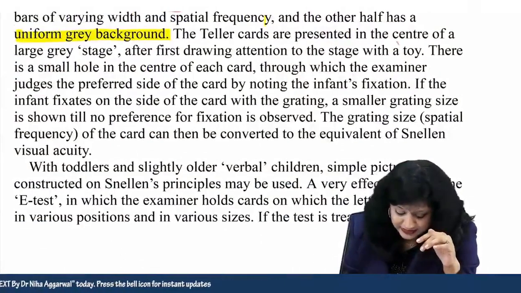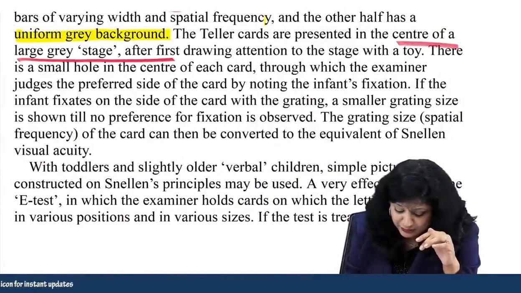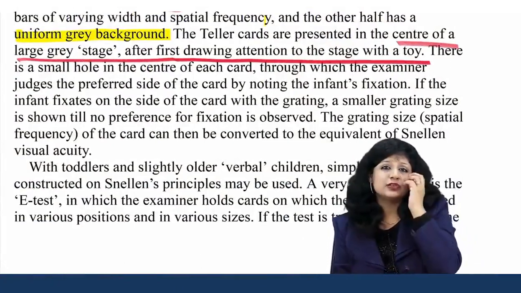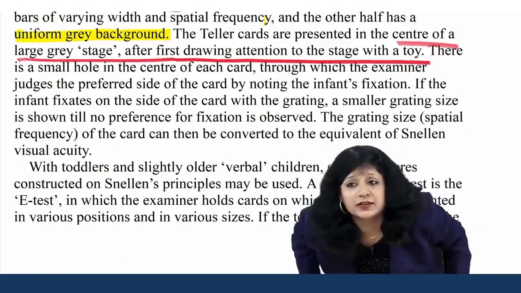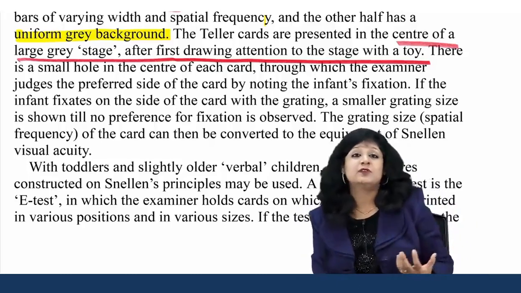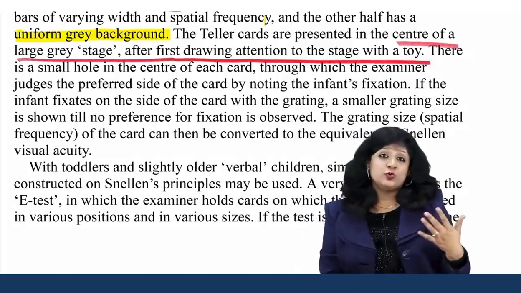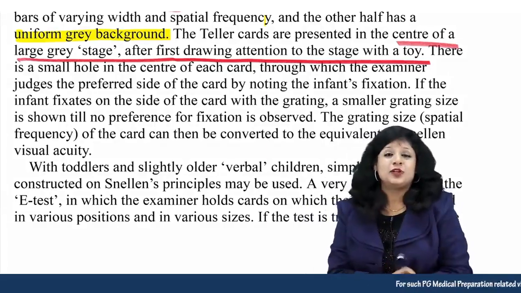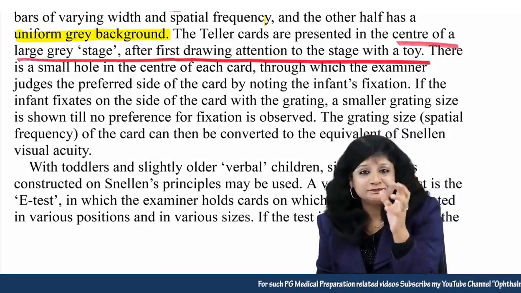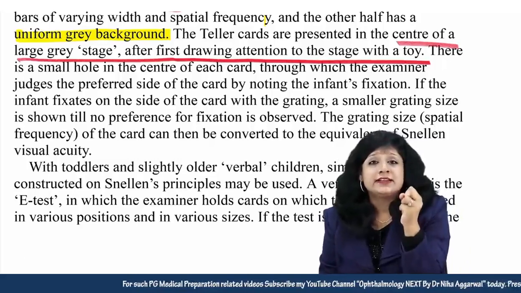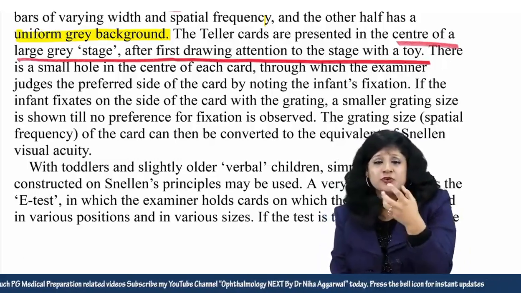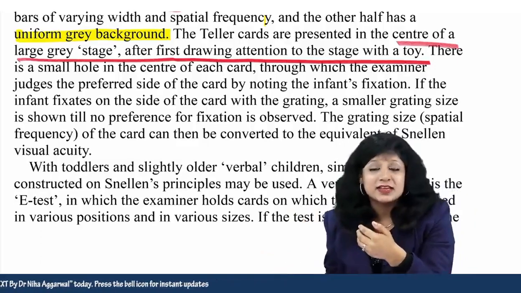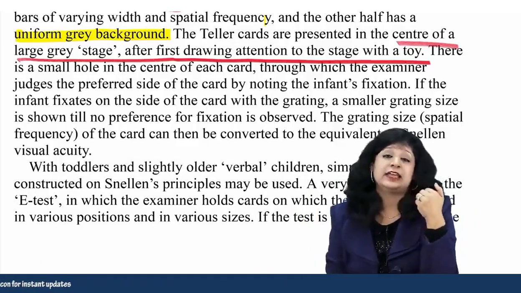They are presented in the center of a large gray stage after first drawing the attention towards the stage with a toy. So obviously you have to use a lot of gimmicks, like a child, that too of the pre-verbal age, will not do everything that you want him to do. So you have to make him do all those things. You have to first of all take the attention of the child with the help of a toy or something, and on the other side of the screen you are sitting, and you have to observe very, very carefully